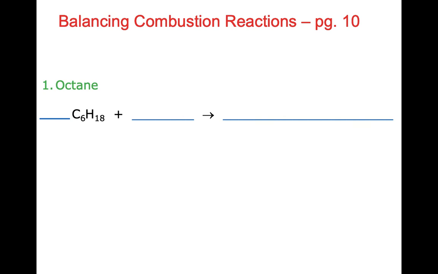The next thing you're going to do is you're going to combine each of those hydrocarbons with oxygen. You're burning something in the presence of oxygen. So each one of those can be combined with oxygen. Then your products are always going to be the same, carbon dioxide and water. Now keep in mind when you are balancing combustion reactions, you're going to do it in the same order always. You're first going to balance your carbons. So in this case we have 6 carbons. So to balance 6 carbons, we're going to need to